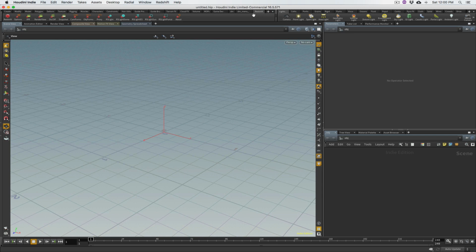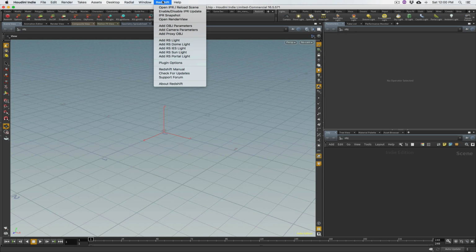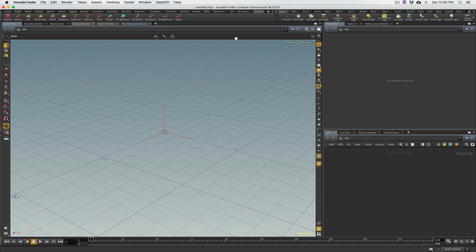The first thing is, if you click on the Redshift menu button, or if you have a shelf set up for Redshift, click on the About button. You will see a window pop up that displays two pieces of information. One is the plugin version, which in this case is 2.6.20, and the second one is the build for Houdini. In this particular case, it's saying that the build for Houdini that I'm using is